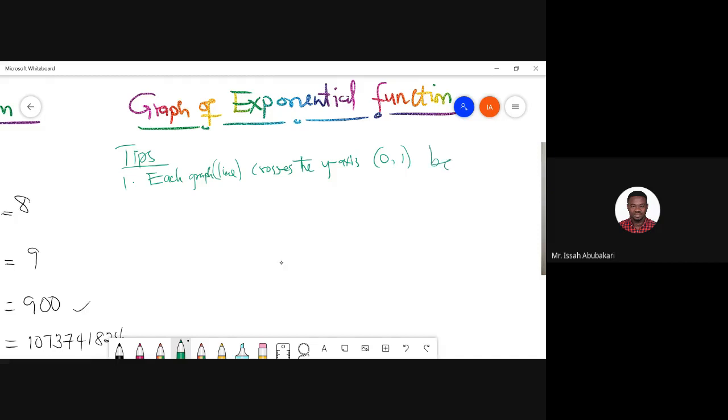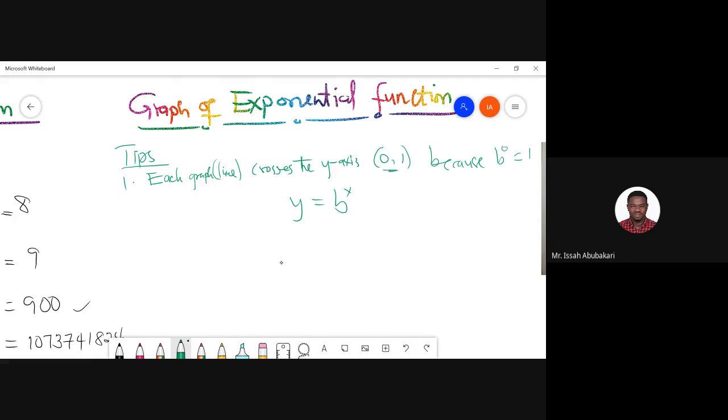Because we are saying that when we have b exponent 0, then we get 1. When we have any number to the exponent 0, the answer will be 1. So in this case, when you have y equal to b exponent x, and we want to find the values of x and y, if x is equal to 0, we are going to have any number